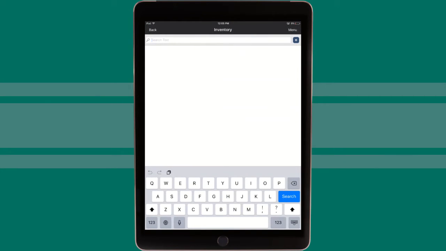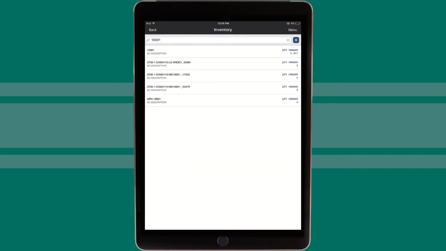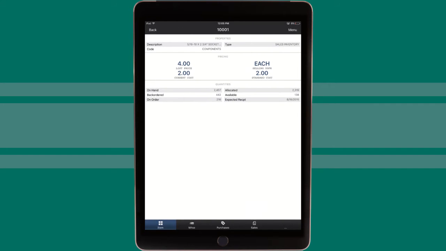So when I go into inventory, again, I have a search box here. I can enter in a specific item, if I know the item number, and I can search that out, pull up that item card. I can look at certain things like what's on hand, what's allocated, what's available to sell. If I have a next expected receipt date, I have some visibility of that. I also have some visibility of the pricing, so current cost, what my list price might be, as well as